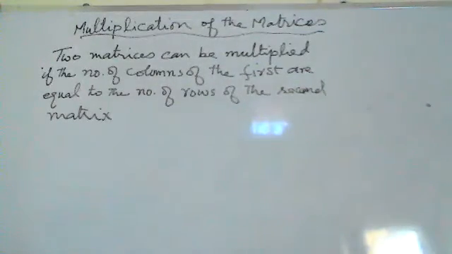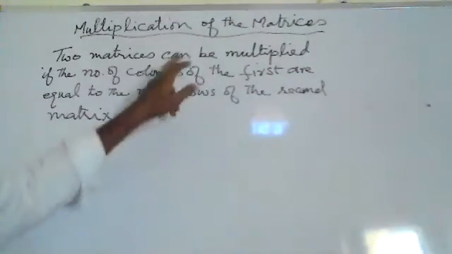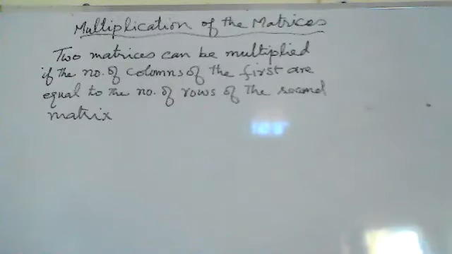Okay. So this is how we'll check. Last time we have done the addition, subtraction in those matrices. If the size of the two matrices are equal, that means the number of rows of the first matrix are equal to the number of rows of the second matrix, and the number of columns of the first matrix are equal to the number of columns of the second matrix, then the two matrices are conformable for addition. And in multiplication, we have to check the number of columns of the first matrix and the number of rows of the second matrix. If both are equal, we can multiply, otherwise we can't multiply them.